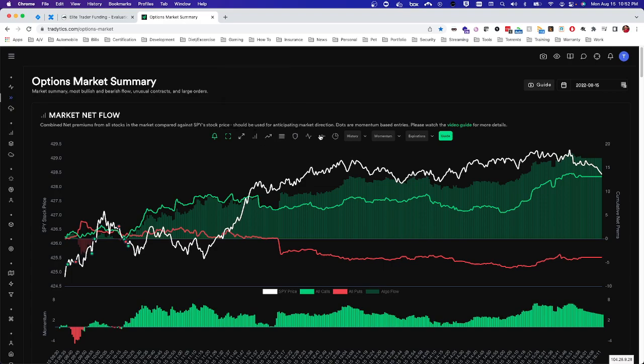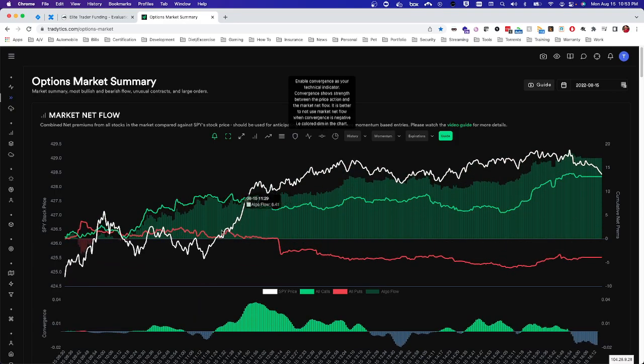And then the other thing I want to cover is this new button. So below, I covered what momentum was in a previous video. I won't get into that here. But if you don't really find yourself using momentum, and I'm someone that personally doesn't use it for most of my trades, I use the rest of the data displayed here for my trades, you can actually instead flip that